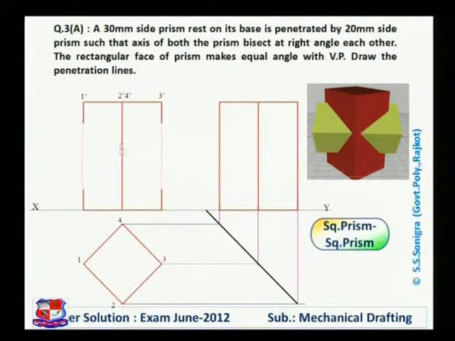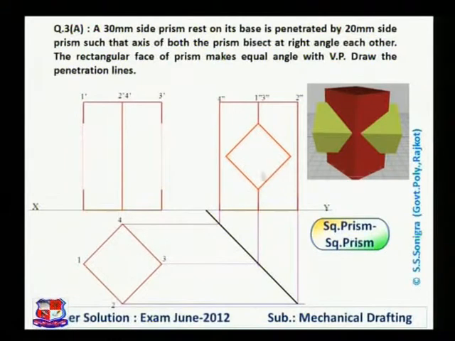So now we have drawn the 30 mm side prism which is resting on HP and makes equal angle with VP. All sides of this prism make an equal angle. After drawing this side view, name the points on the respective points, 1 double dash, 2 double dash, 3 double dash, 4 double dash, etc. Then it is penetrated by another square prism like this. So in side view it would appear like this, a square which makes an angle of 45 degrees with the xy